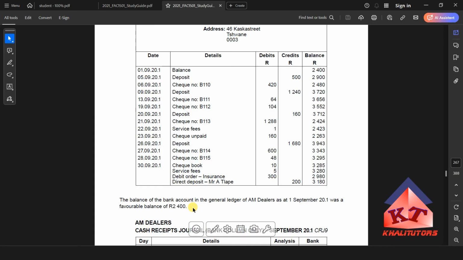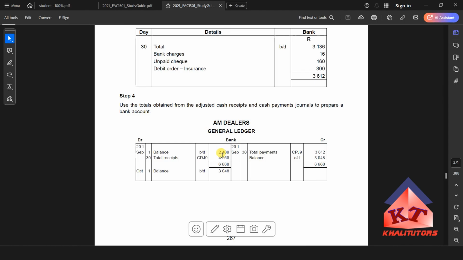If they said unfavorable bank balance, it would mean that they had a credit balance. The reason being, a bank account is an asset, okay? So a debit balance for an asset account is a favorable balance, okay? So now that you understand where this 2,400 comes from, the next thing to do is to simply capture the